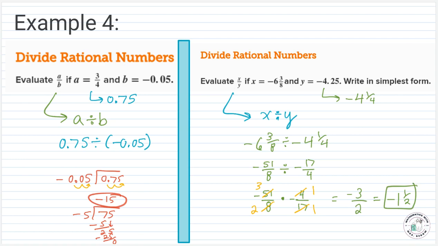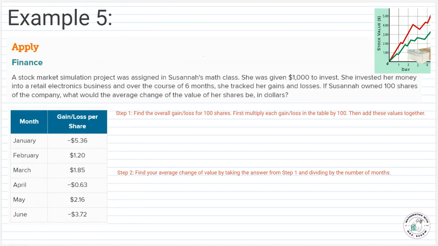All right, so moving into some story problems. So with this one, I have already written out our steps that we're going to need to take, but reading through the question, it says a stock market simulation project was assigned in Susanna's math class. She was given $1,000 to invest. She invested her money into a retail electronics business, and over the course of 6 months, she tracked her gains and losses. If Susanna owned 100 shares of the company, what would the average change of the value of her shares be in dollars? So in this table, we can see from January to June, so over these 6 months,